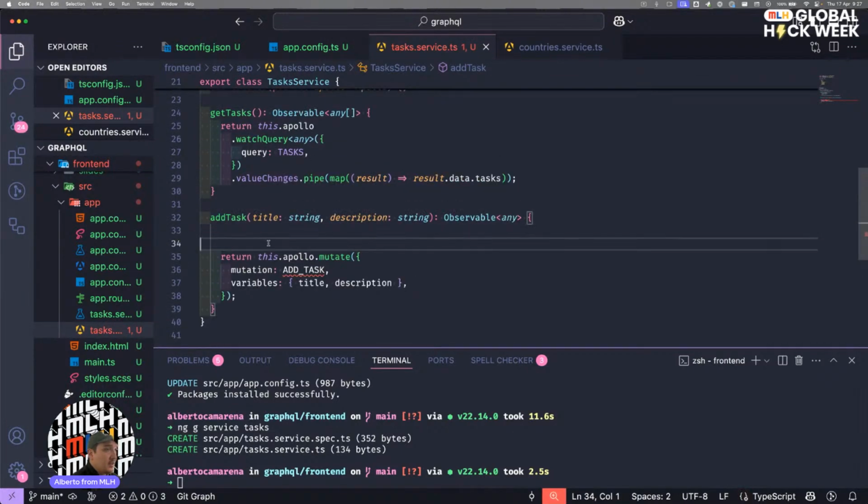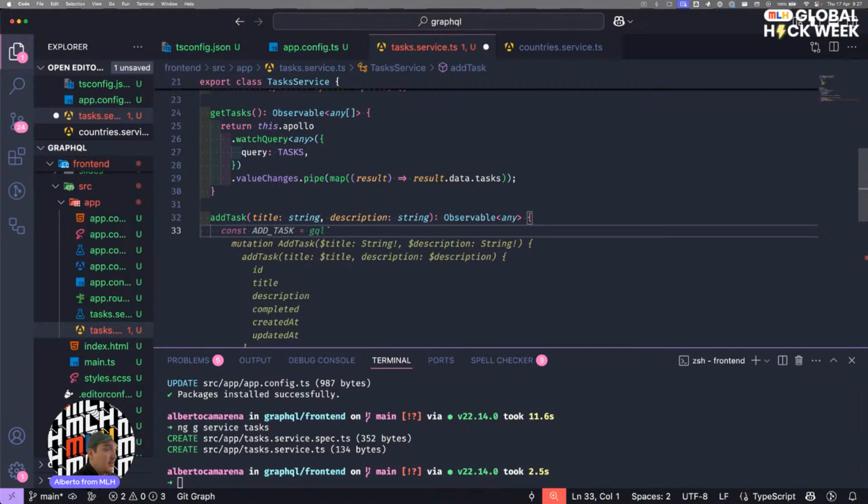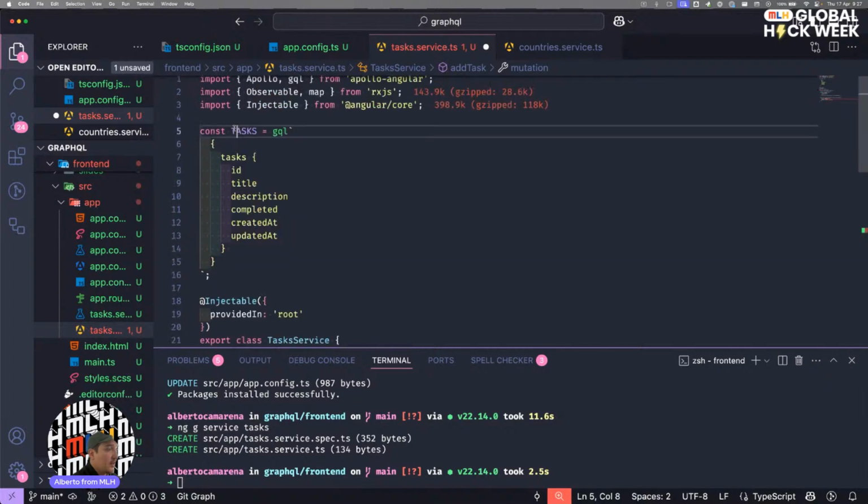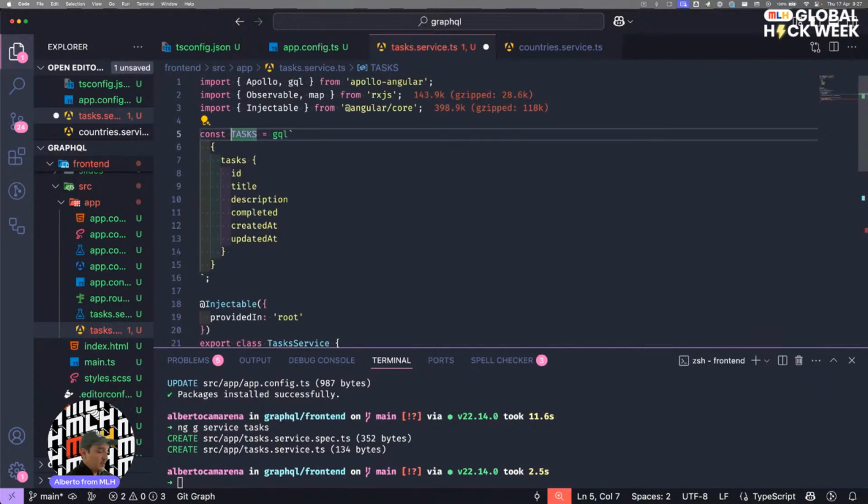And for this, we're going to return this Apollo mutate, the mutation. Okay, yeah, let's change this to